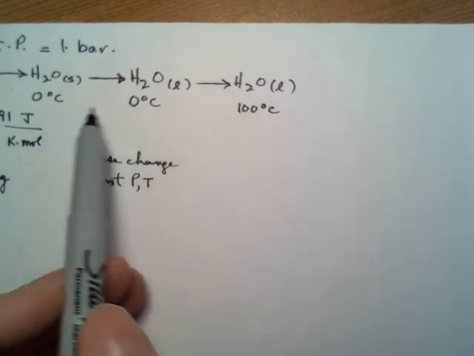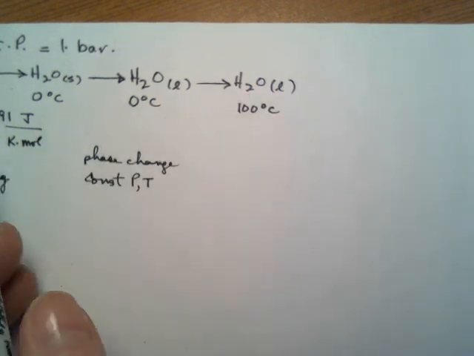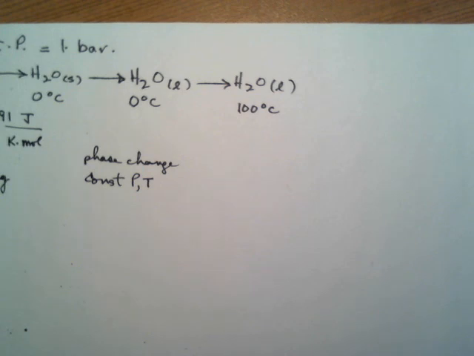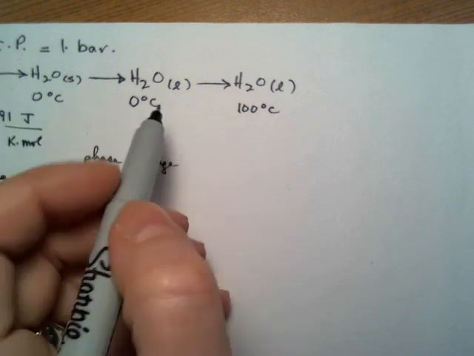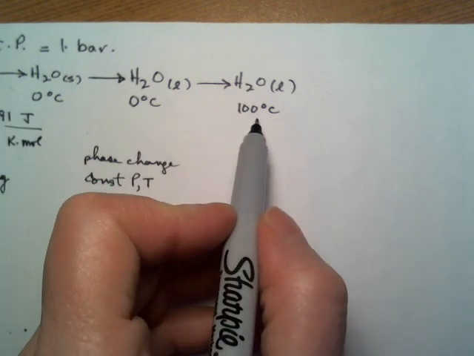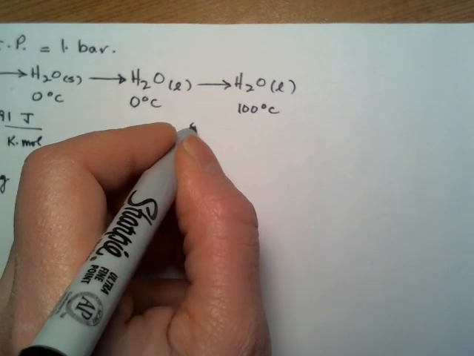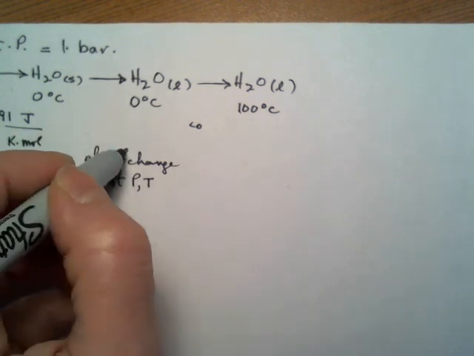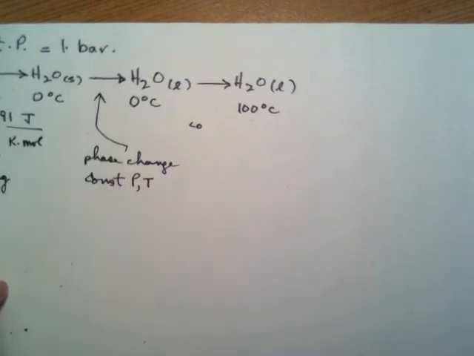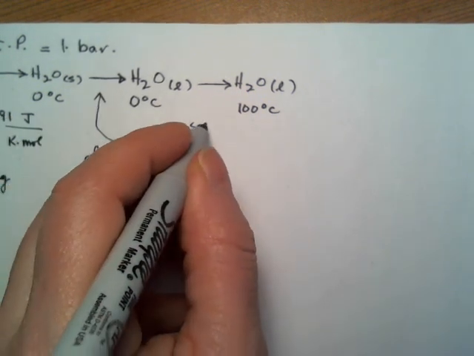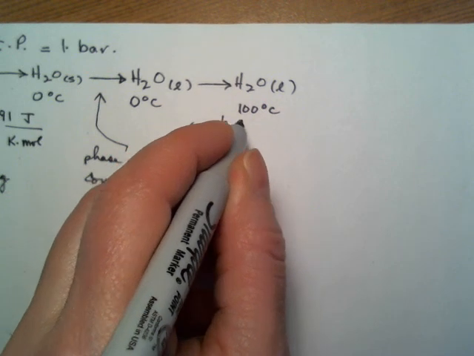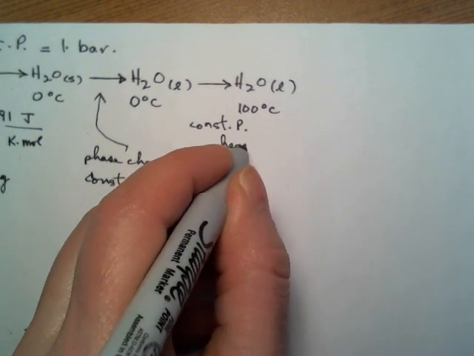And I'm using this 0 and 100 almost as a label, but because minus 10 was given to 3 sig figs, I'll use that as my guide for how many sig figs I want. So now I have water at 100 degrees Celsius, and again, this process here is a constant pressure heating,